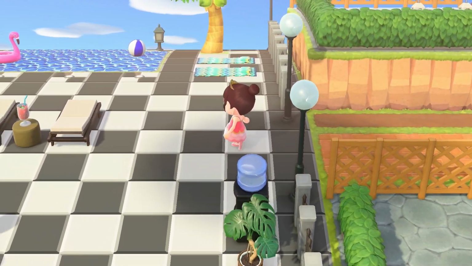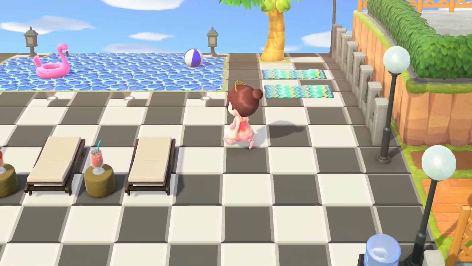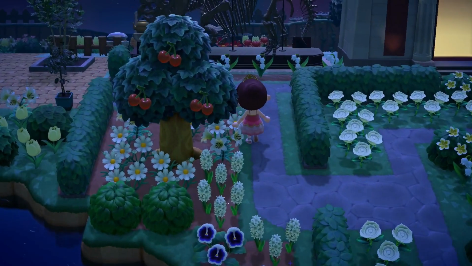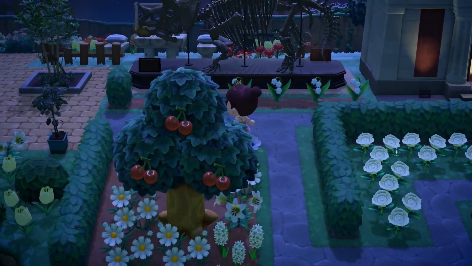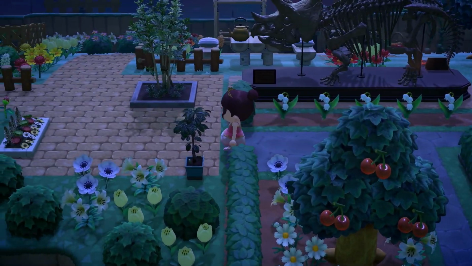Decorating is one of the unique parts of New Horizons, which separates it from any other titles within the Animal Crossing franchise. Although it can be hard to get stuck into decorating and fairly easy to make a mistake, it allows you to showcase your creativity in a completely different way than you will find in any other game.